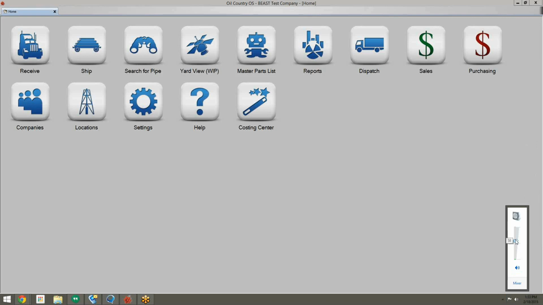Today we wanted to cover some of the new additions and new features of Oil Country OS added in the 9.1.9.44 update that released about a week ago. Primarily,